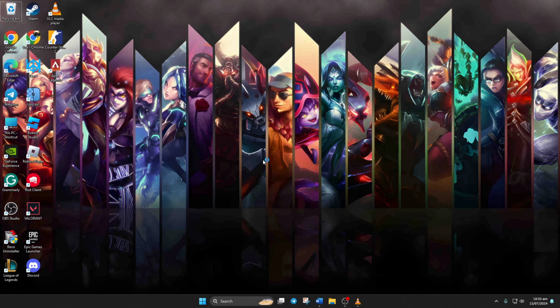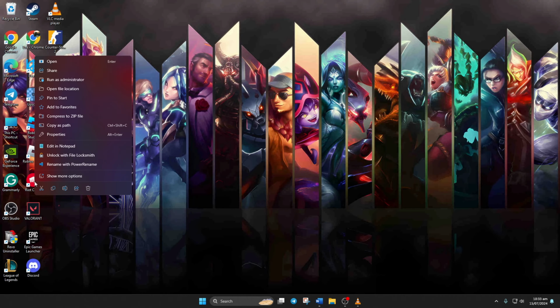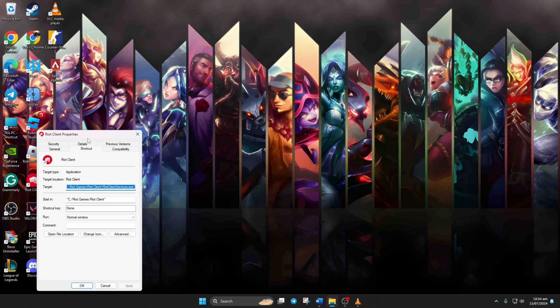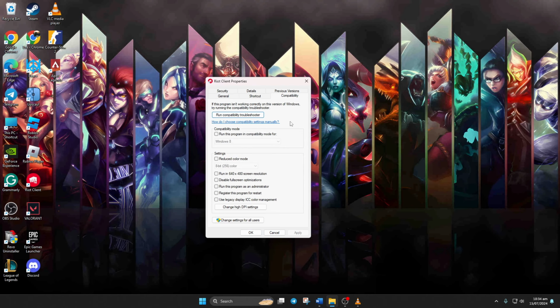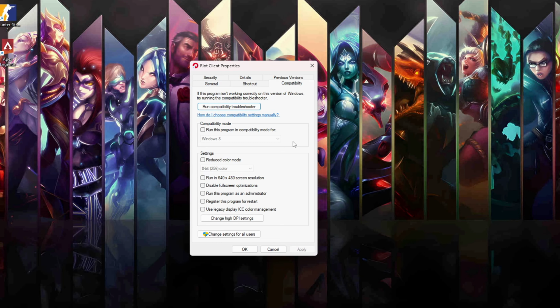Now head to your desktop, find the Riot client icon. Right-click on it and select Properties. After that, click on Compatibility. In the Compatibility tab, check the box that says Run this program in compatibility mode for, and choose Windows 8